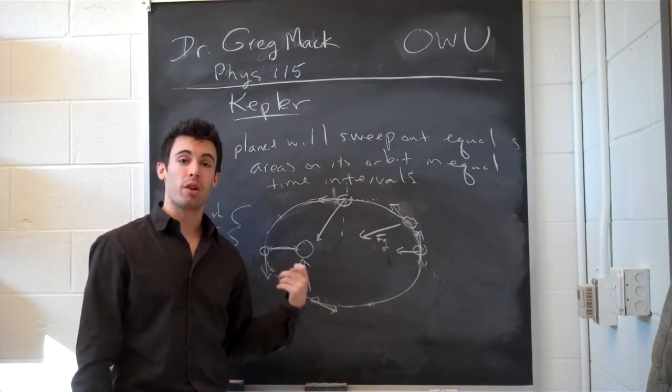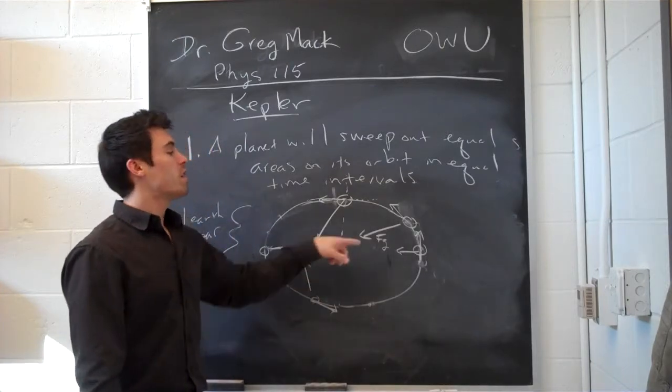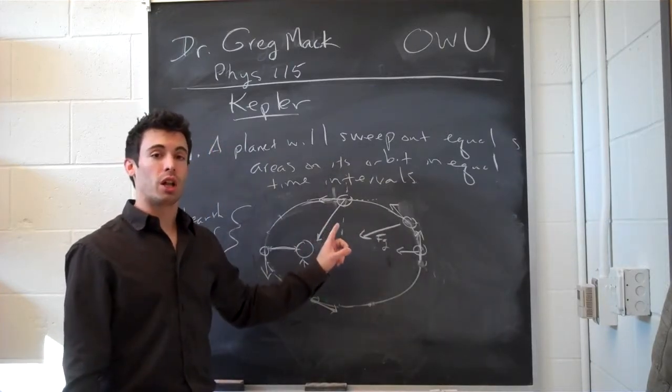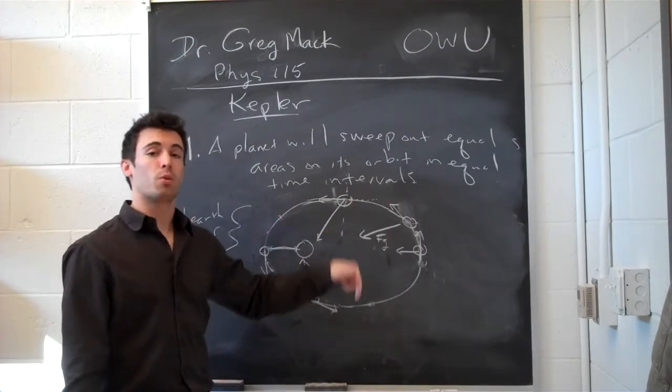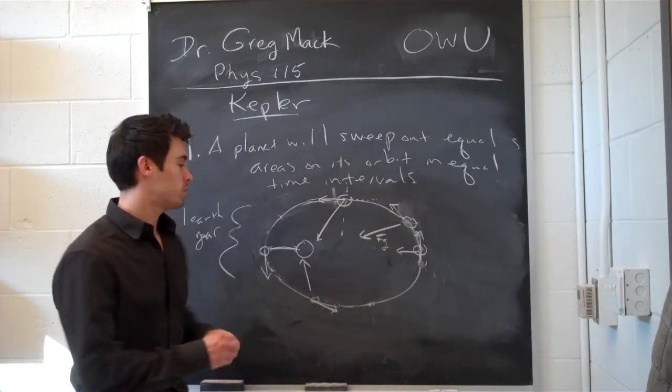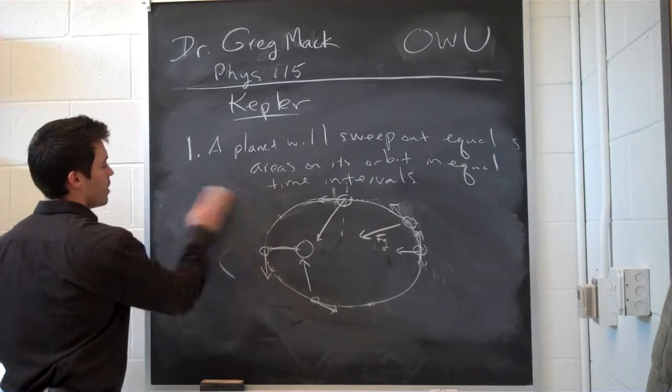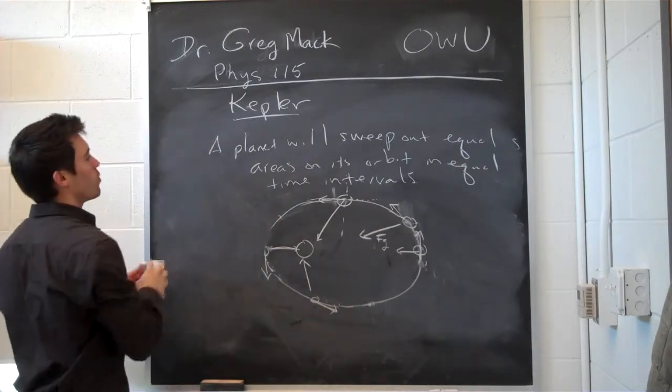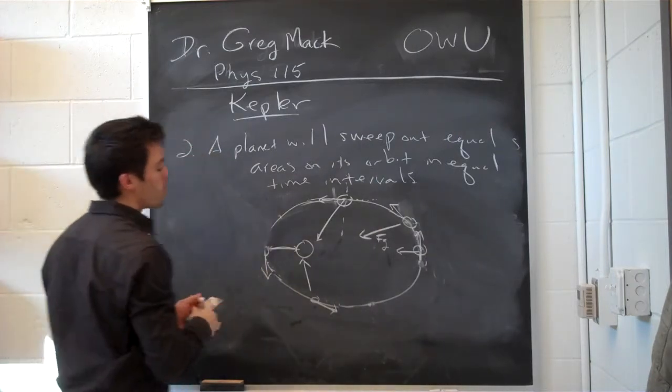So the reason why it sweeps out equal areas in equal time intervals is because of the gravitational force it's experiencing, and the fact that part of that force is directed along the orbit, which can speed up or slow down the motion of the object. So that was actually number 2. So number 3